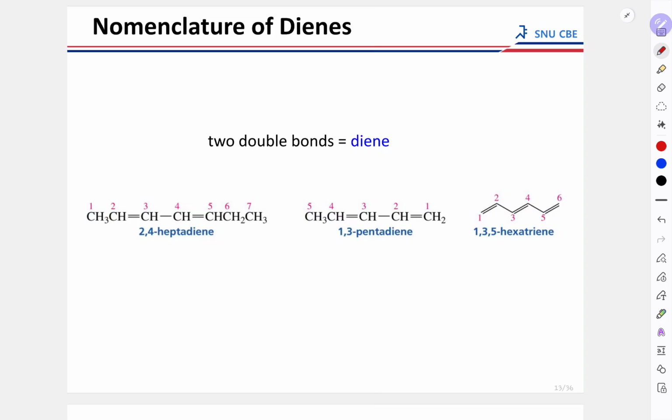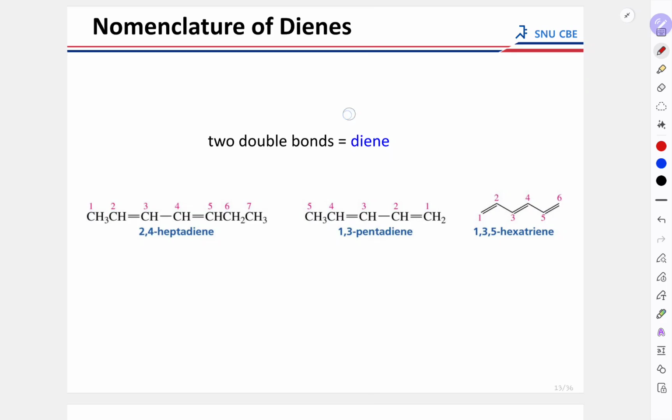And you have a 7 carbon containing chain that has 2 double bonds. And you have to pull out the starting carbon, right? The starting position of the double bond. So that's why you can start here from 1, right? And then you can assign the lowest possible number for the starting carbon of the double bond, which is 2 and 4. So you can put 2 and 4, right? And for your